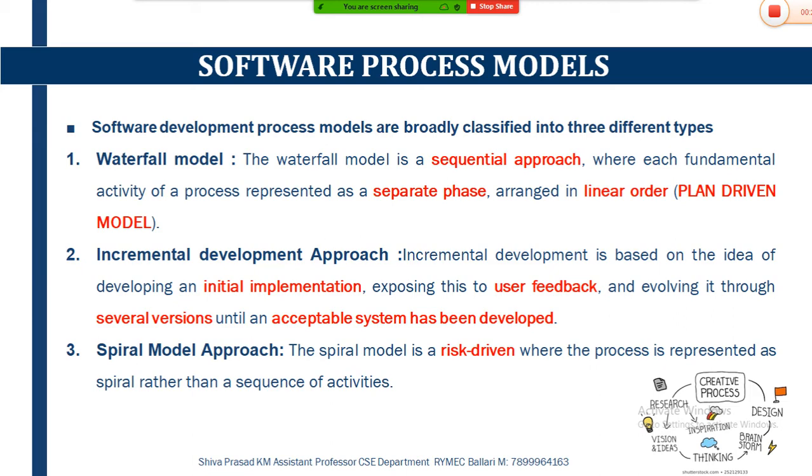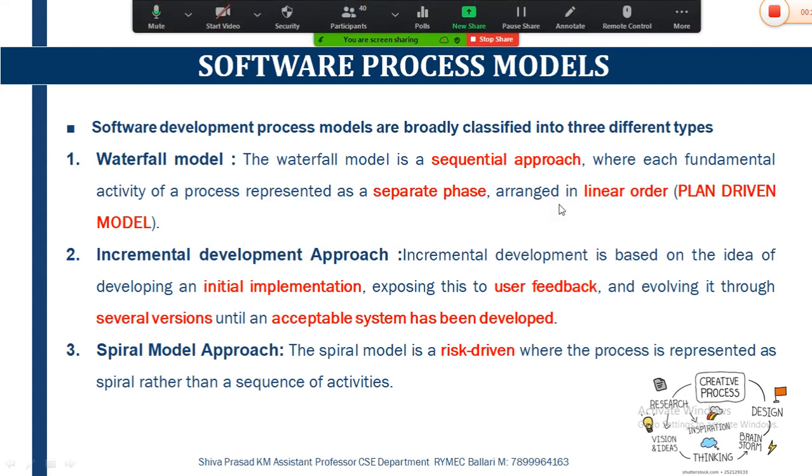So the next concept here is the software process model. What is a software process model here? A software development process model is a descriptive approach of designing and developing a product. Whenever we are going to develop any product, we require certain methods or models to develop it. If I want to develop an Android mobile, then I need to follow one particular method of development.